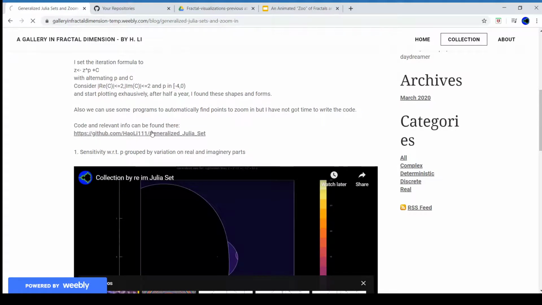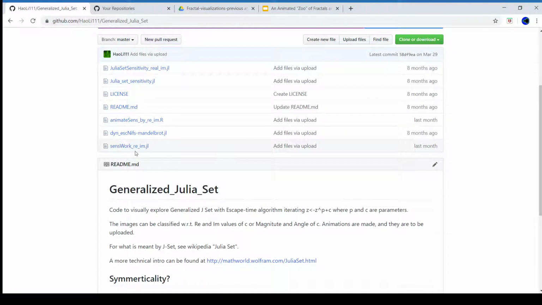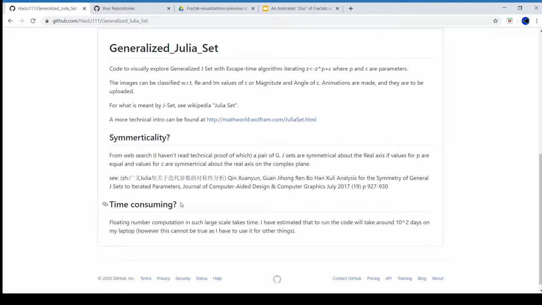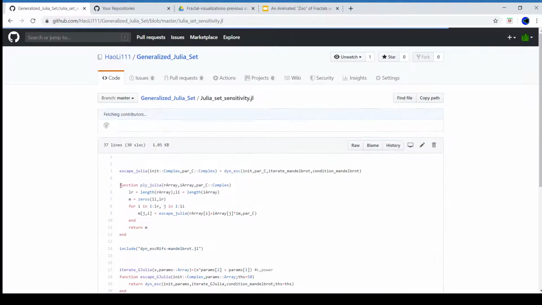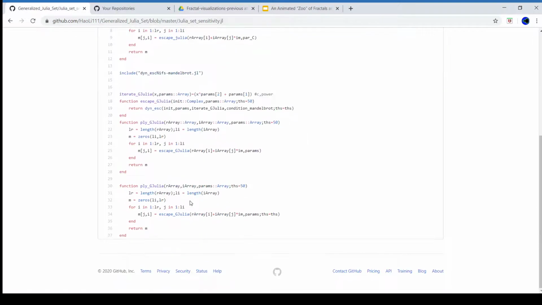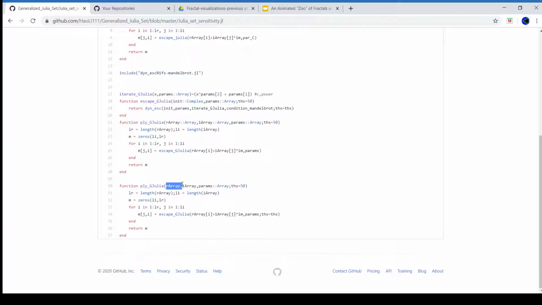And you can see the code called generalized Julia set, and it has some introduction, but this is based mainly on functional programming. The key part is that it has a Julia set with sensitivity, which you get from the function applied generalized Julia with a real value array, imaginary value array, and parameters into another array, and the parameters